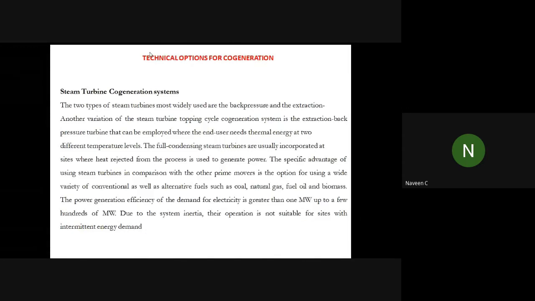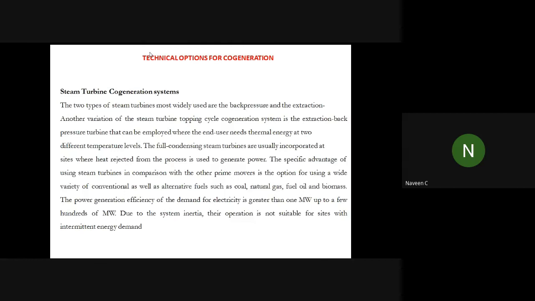For your information, you know MIT, right? Massachusetts Institute of Technology, US. They are running their CHP power plant from 1995 onwards. So they are having CHP. Why? Because they are in need of electricity, and also they are in need of cooling and heating. Like institutes, in those areas these two loads are required almost equally. With CHP, you are not saying that only heat is enough, or that only electricity is enough. So it depends upon the process where you are adapting.